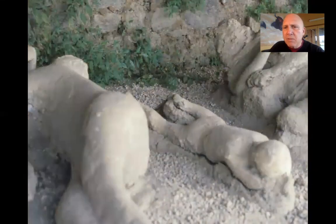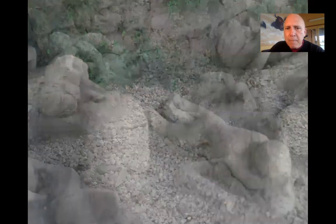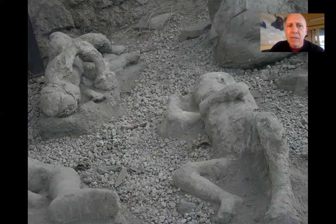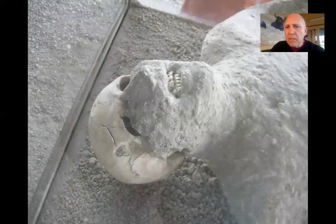So these are impressive images of adults and children, families taking shelter, hoping to survive the volcanic blast, but obviously not succeeding. Here are some more of those plaster casts. These were, by the way, all done by Giuseppe Fiorelli, a 19th century archaeologist who discovered that you could actually invest these air pockets and whatever remains were there with plaster. And then once you carved out the ash from around them, you would have a positive image of those individuals. And these are very poignant objects, obviously, and testaments to the anguish that these people suffered in their last moments. Here's another one. You can actually see parts of a cranium of an individual who succumbed to the volcanic eruption